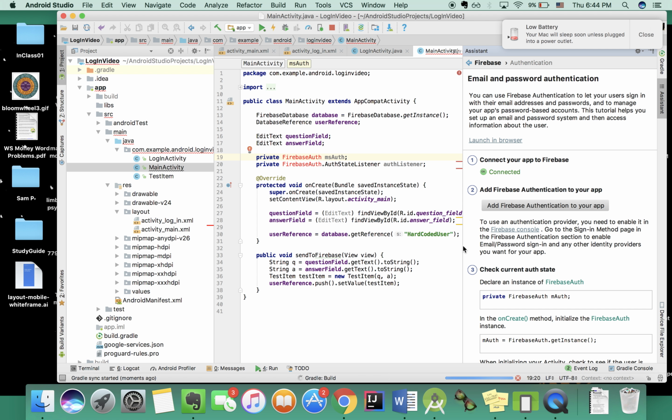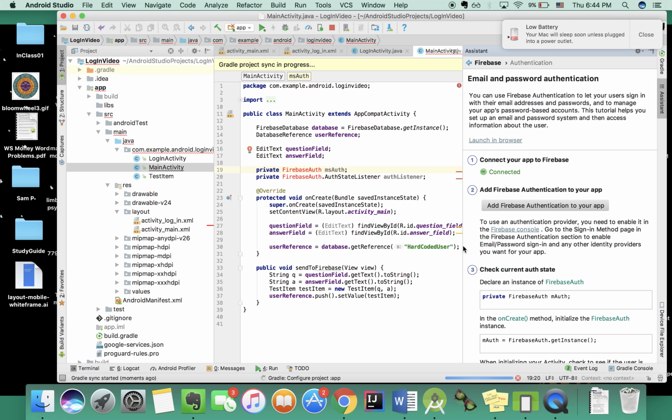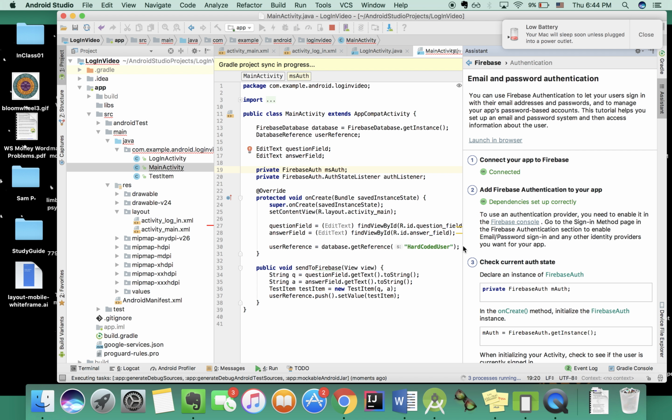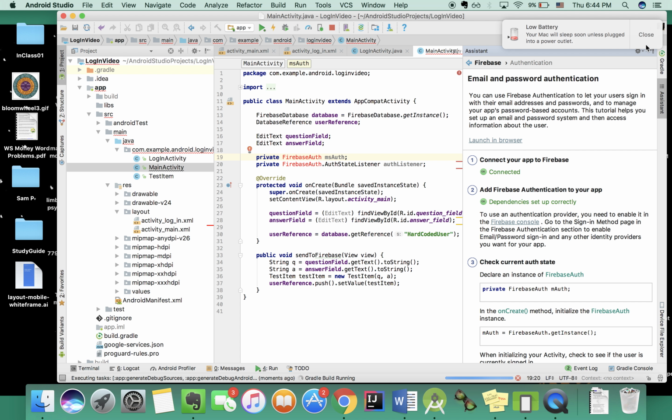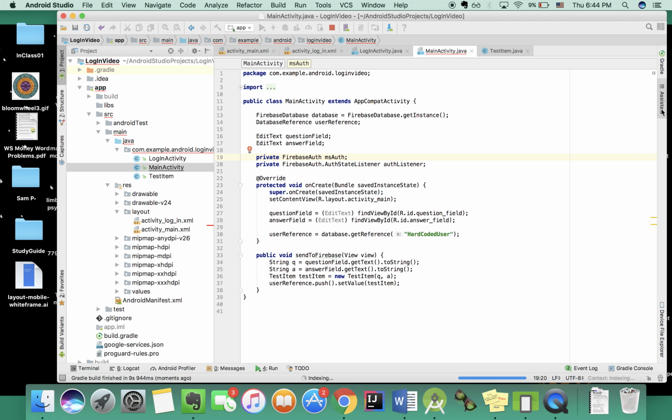Okay. And we're going to say accept changes. All right. I'm going to close the assistant out again. Awesome. And it looks like now we have these libraries. We have the Firebase auth object, which we have Miss Auth going to auth for us. And then we have Firebase auth.AuthStateListener. And then we create an auth state listener who's going to listen to see if we're actually logged in or